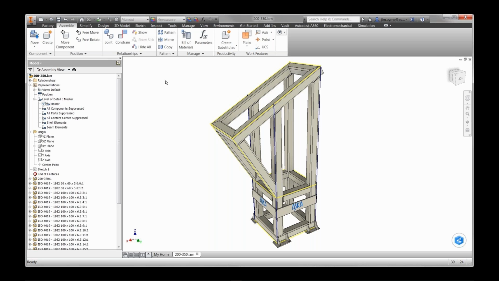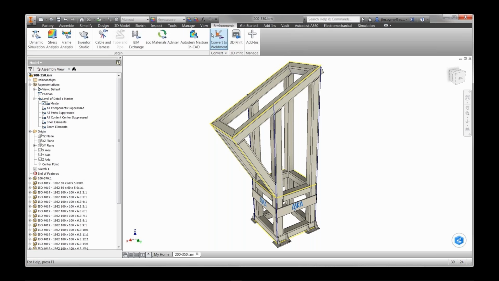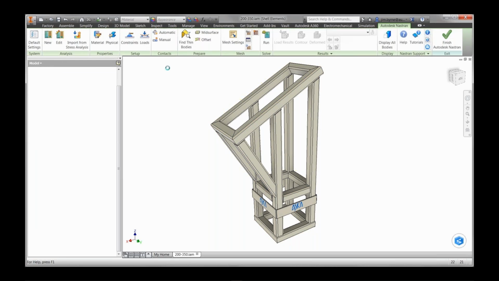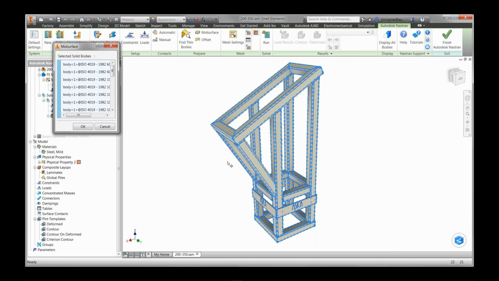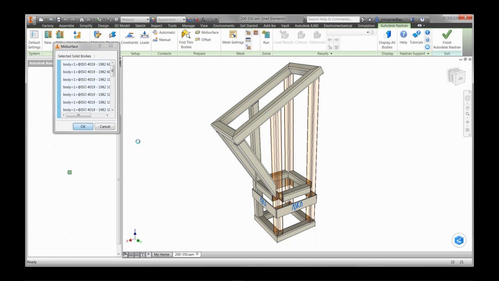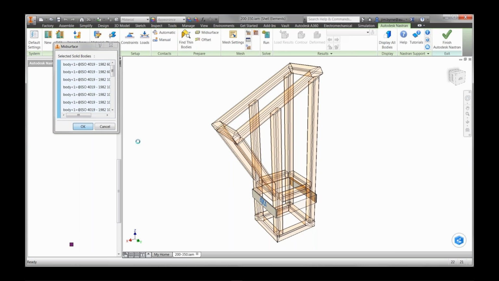Now there are two ways to do the analysis of this frame. Go with the traditional approach and just create a shell mesh on this beam, or, as many people do, just get started with the 3D mesh, which is a very bad way of doing it. I would start with the shell mesh, and Autodesk Nastran In-CAD can help you to collapse this